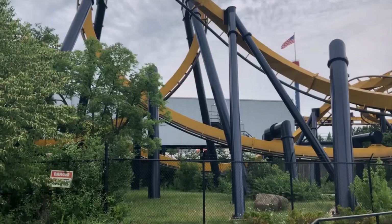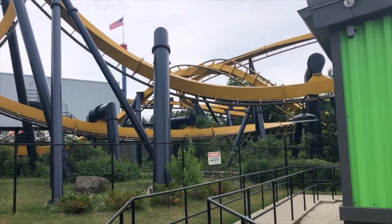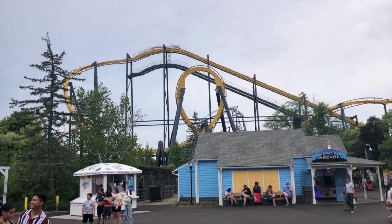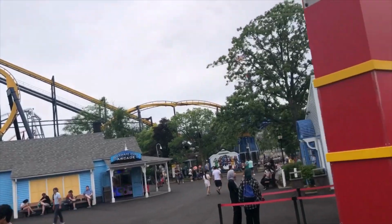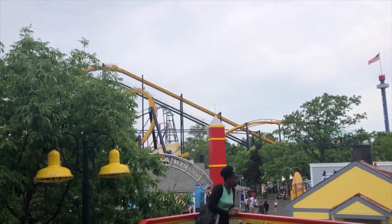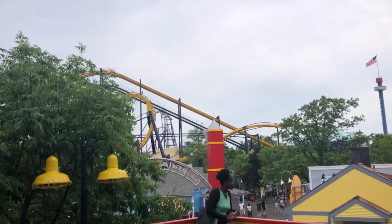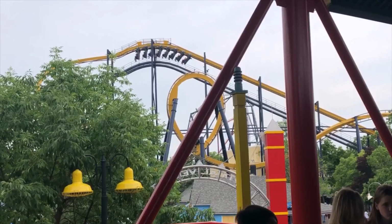Number 2 is Batman the Ride at Six Flags Great America. The original, and one of the best. It was the original, and that actually means it has the terrain usage that no other does. This ride was built to fit with Great America's terrain. So you get pretty close to the ground, and there are some somewhat marshy areas, and at times it really just feels like, because the ride was built to be like this, you have sort of